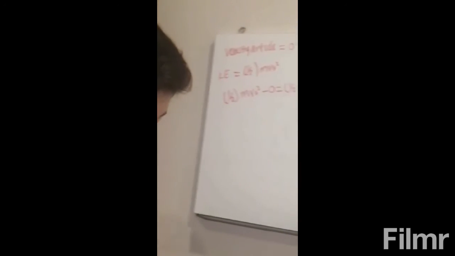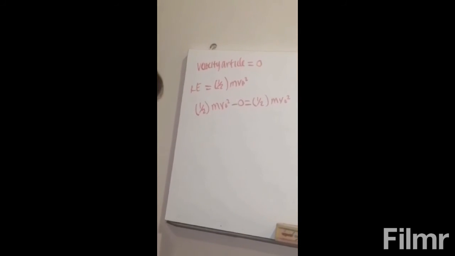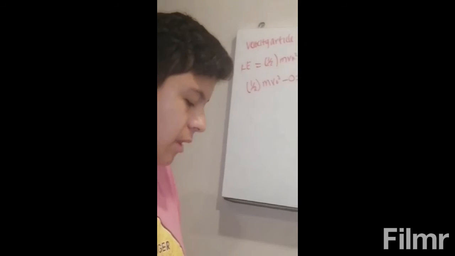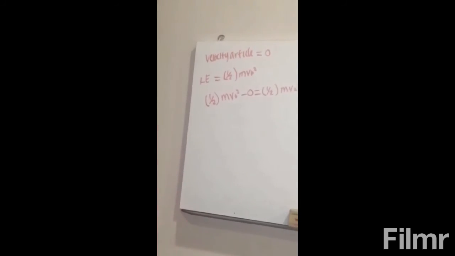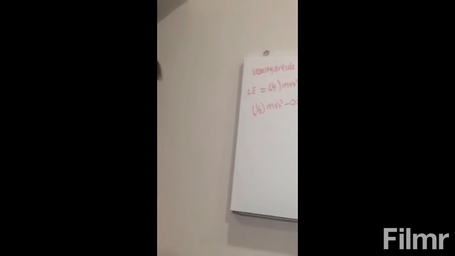Vertical height of the particle at A is HA, and that at B is HB. Hence, loss in height from A to B is HA minus HB. And hence, loss in potential energy from A to B is